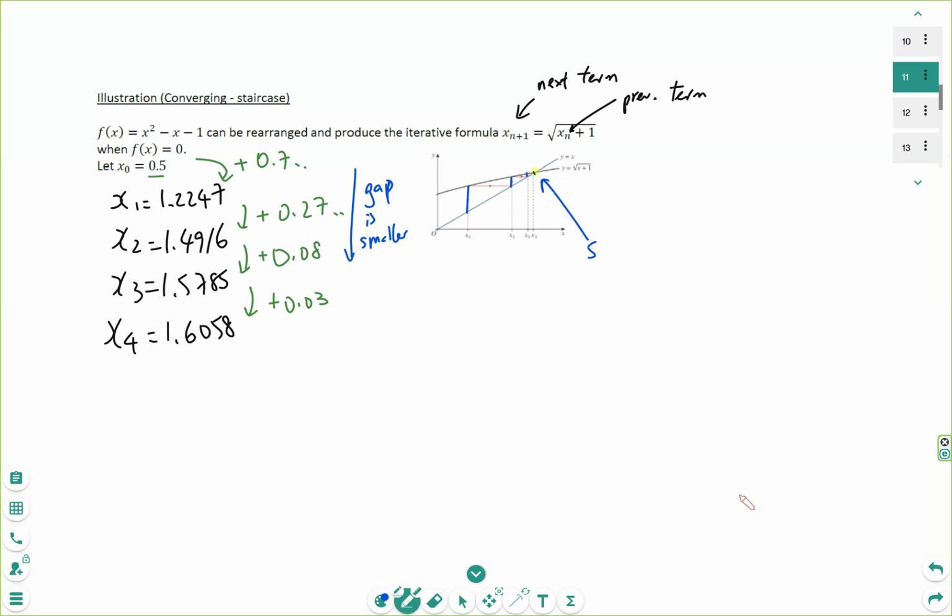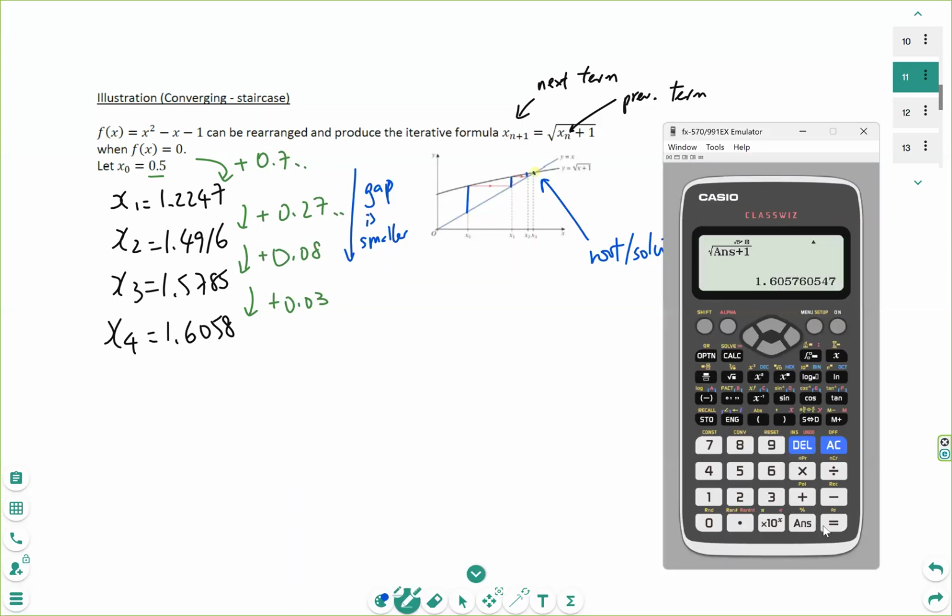This is the root or the solution. Okay, so that's how we can find the root using iteration. We're getting smaller and smaller. Now, if you use that calculator and keep pressing equal, you'll see less and less digits change, and as you press equal again, it doesn't change anymore. So actually, the root to this equation, the solution to this equation is around